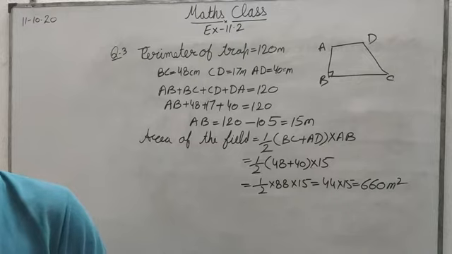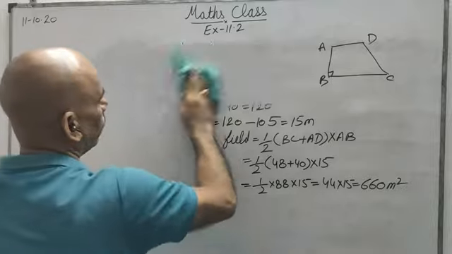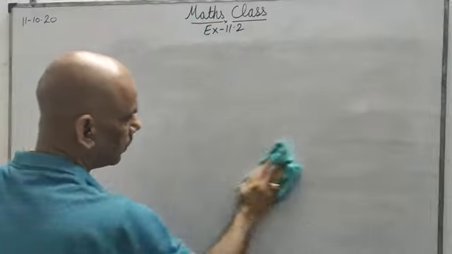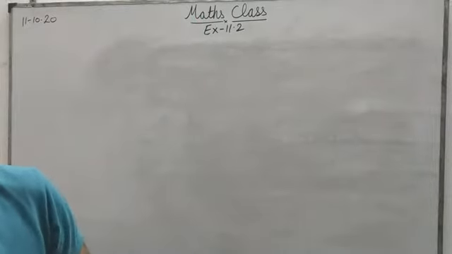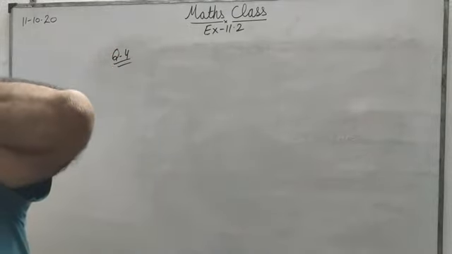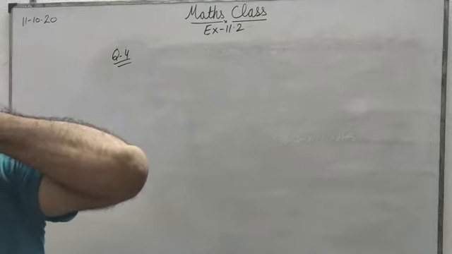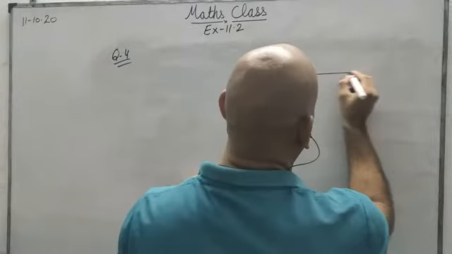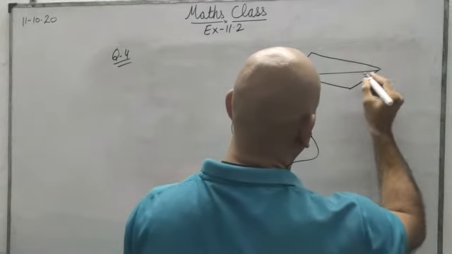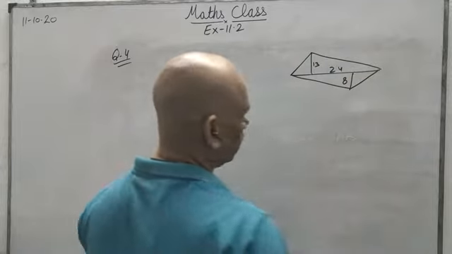Let us see question number 4. We will try to finish 5 today and 6 in the next video. So 5 questions. Question number 4 we are on. What is it saying? The diagonal of a quadrilateral shaped field is 24 and the perpendiculars dropped on it from the remaining opposite vertices are 8 and 13. There is a quadrilateral, something like that in shape. This is 24, this is given as 13, this is given as 8.